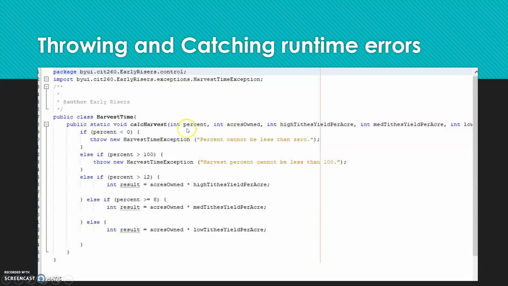So, for instance, right here, if someone were to enter less than 0%, there's no such thing as less than 0%. And so we would throw a new error saying, you need to enter a different value. Your percentage can't be less than 0. Same with greater than 100. And we did that with tithing. We did that with, let's see,